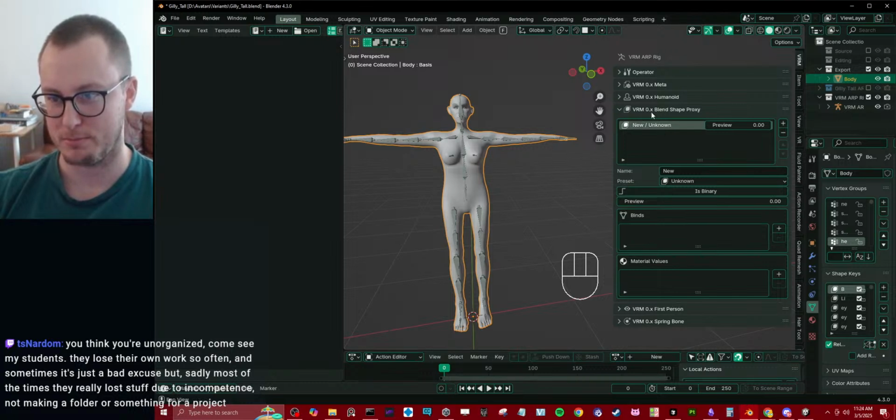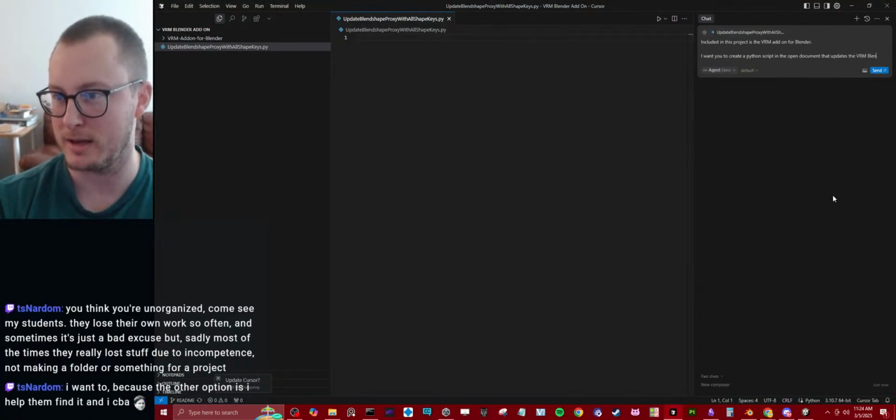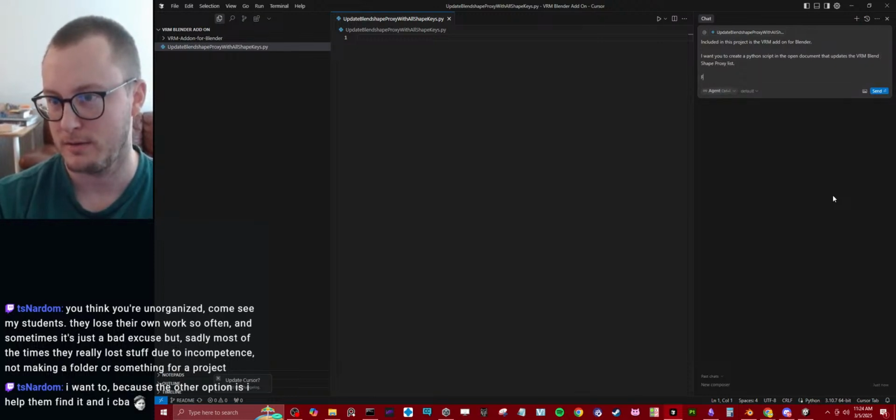VRM blend shape proxy updates the VRM shape proxy list. For each shape key, it should create a corresponding